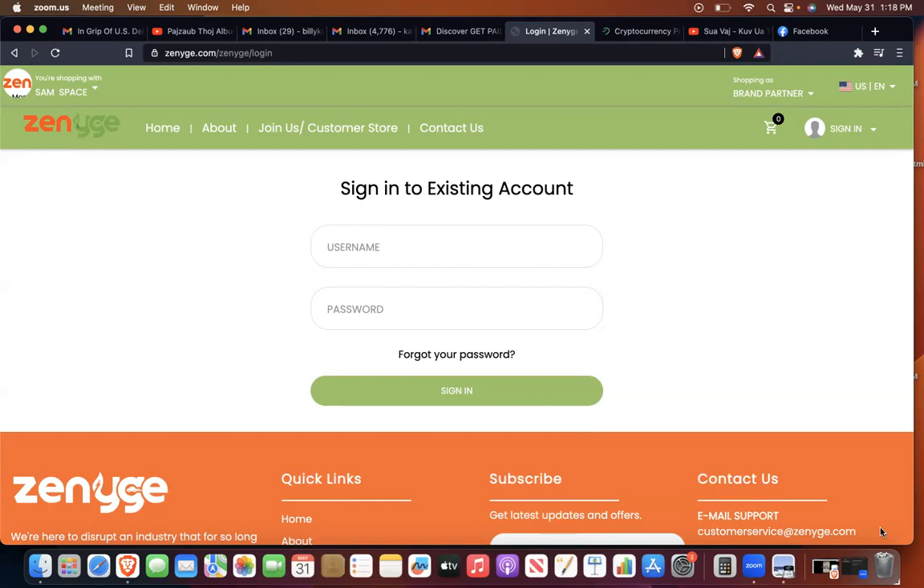ZenYGE.com, and we are actually merging these two companies together from UREC.co, URECGeo.co to ZenYGE.com, not .co. So this is the website of the